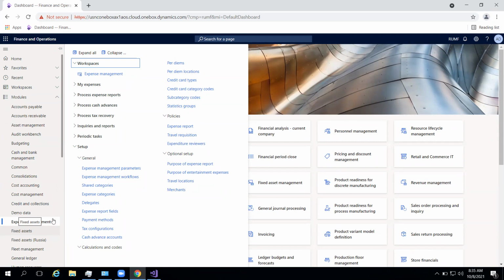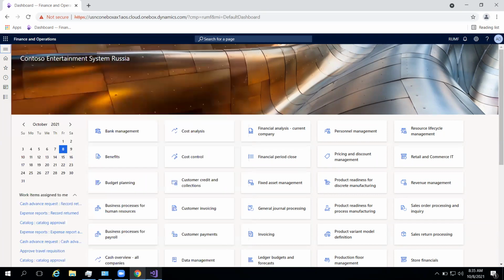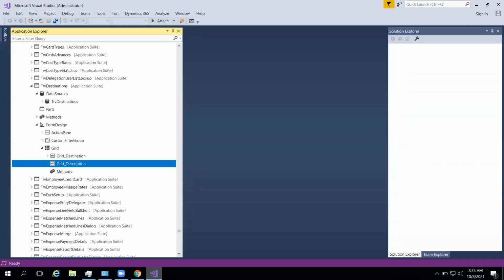But a technical consultant can work on any module. So no need to bother about which modules I need to learn. We are not going to learn modules. We are learning development. Purely designing, development,